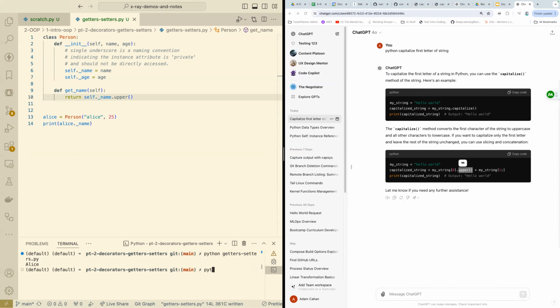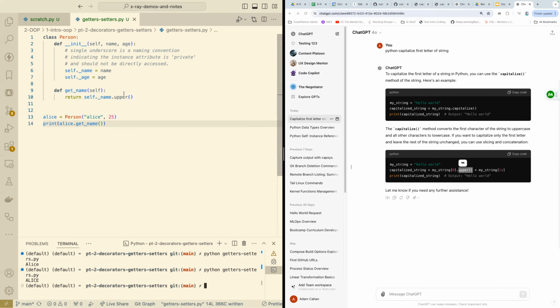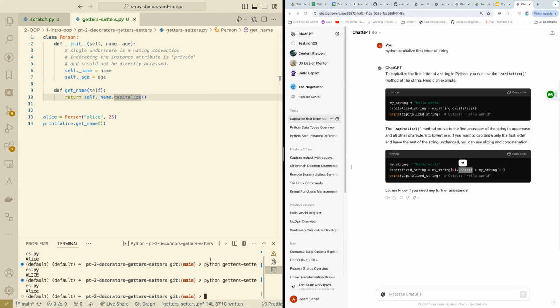Where now, if I run this and instead of dot name, I use, if I call this method get name, upper, that's not what I want. I want capitalize. And this is why it always pays to not entirely skim the docs, right? Because maybe I've decided whether the input is first letter uppercase or not, I always want that to be the case when I get the name. Or there could be some other reason. That's just an example. So this is a little bit of a pain though, because I have to call this